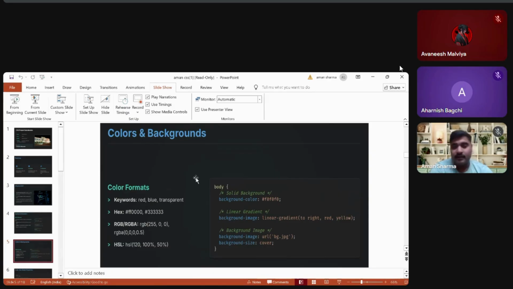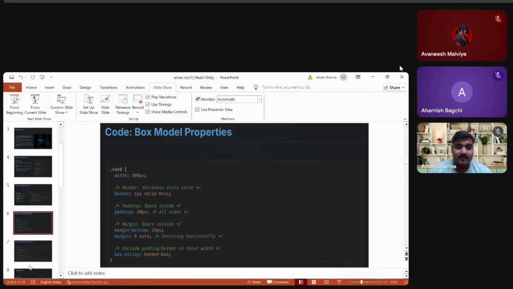background colors. We are using the CSS coloring formats: keywords like red, blue, transparent; hex codes like hashtag ff00; these kinds of codes are used for coloring. RGB and RGBA, for example 255 0 0, are used for coloring, and HSL is also used for coloring. Now moving to the next slide, the CSS box model properties. These are the CSS box model properties, which style an element, and there are three different types of selector: element, class selector, ID, and attribute selector, for example dot title as a class selector and HTML IDs. Now moving to the next slide,